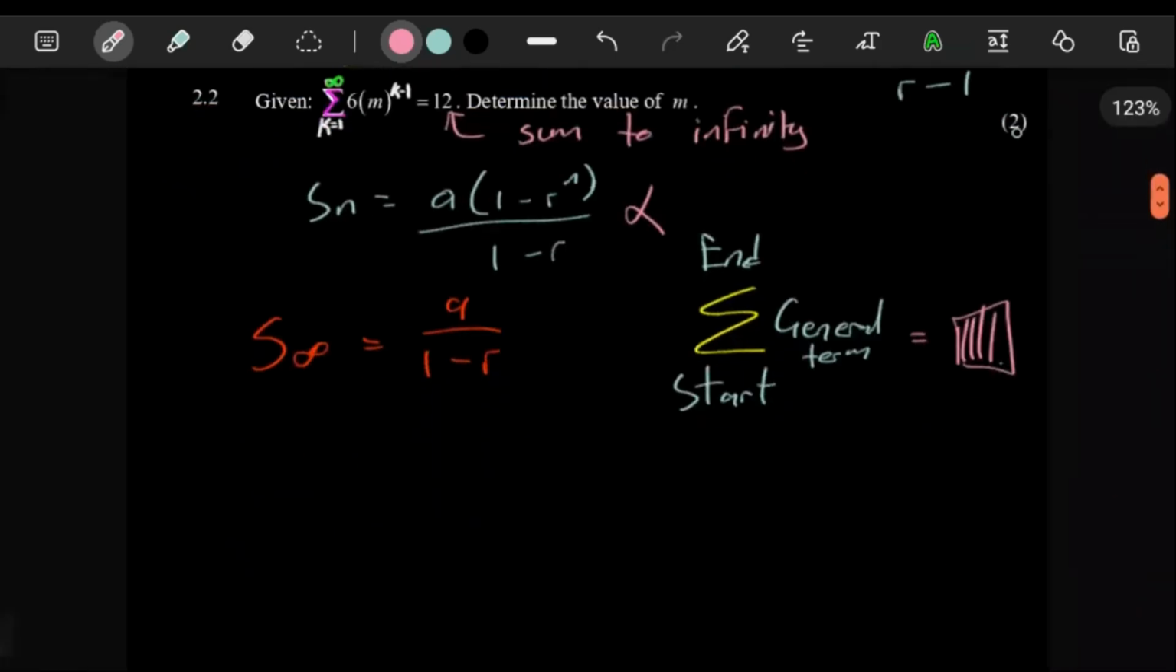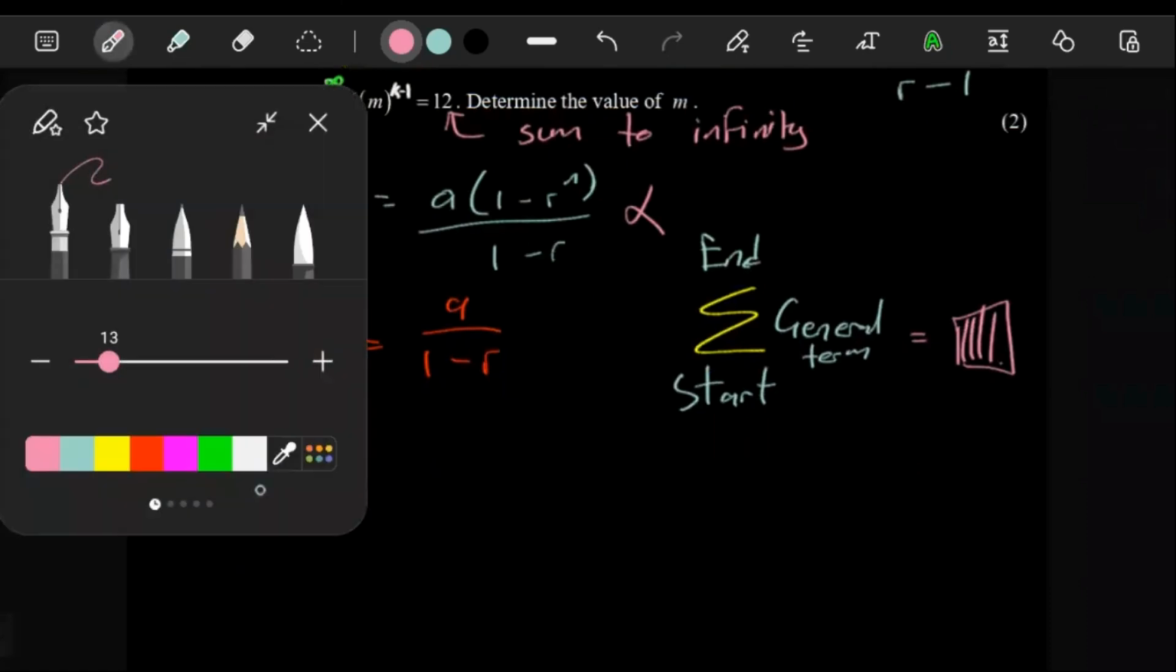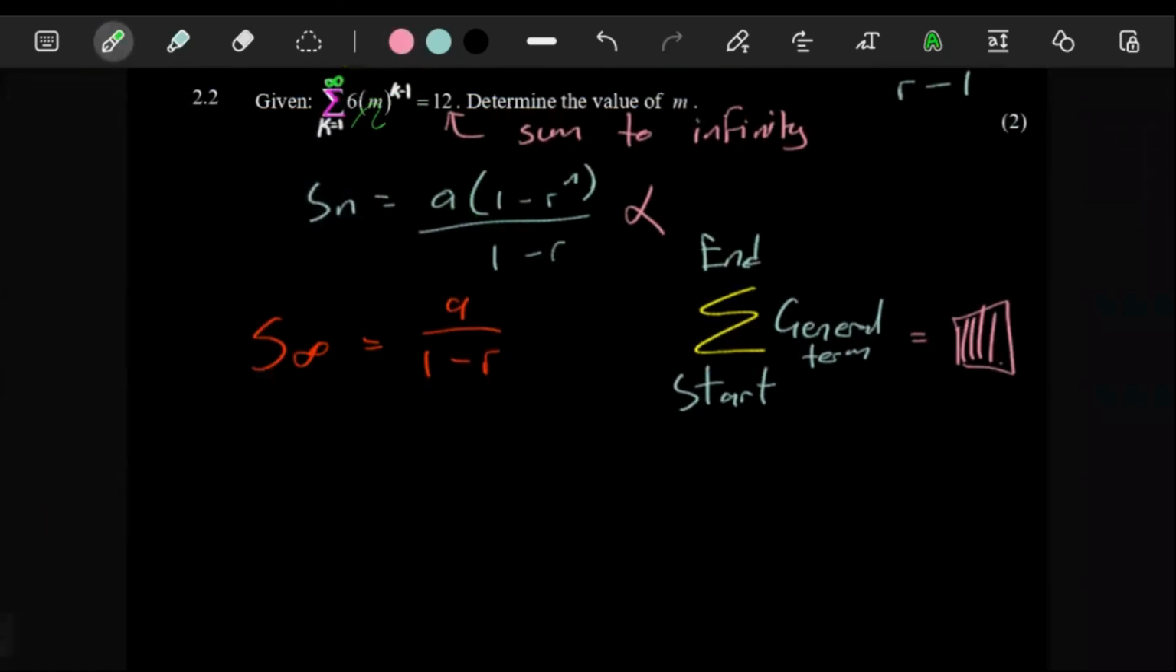So without overthinking it, you see, it's just a 2-mark question. So this 2-mark question, they've given you a general term there. They've given you the sum to infinity, and they want you to find m. So if you're going to find m, the one thing you obviously want to think to yourself is, okay, fine,